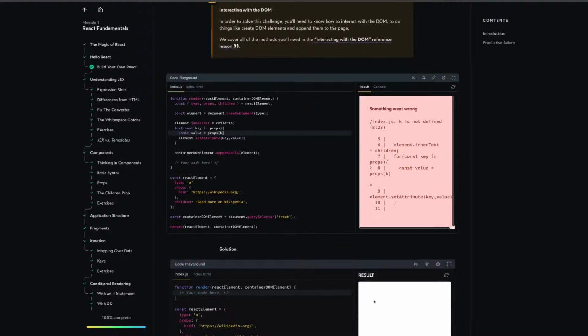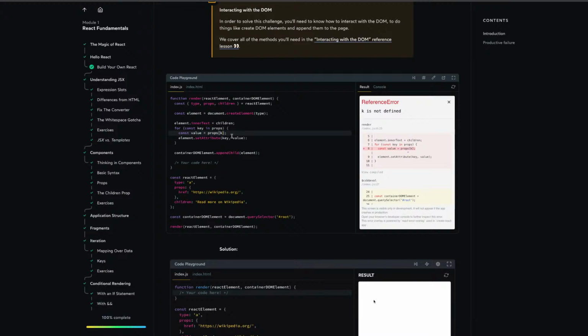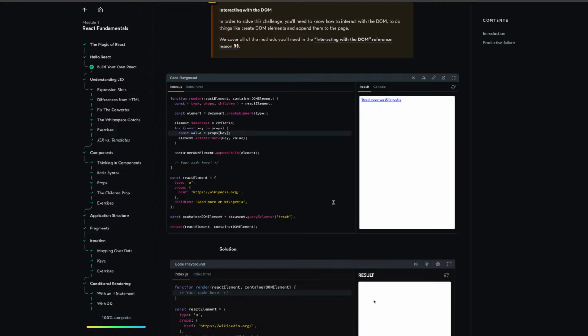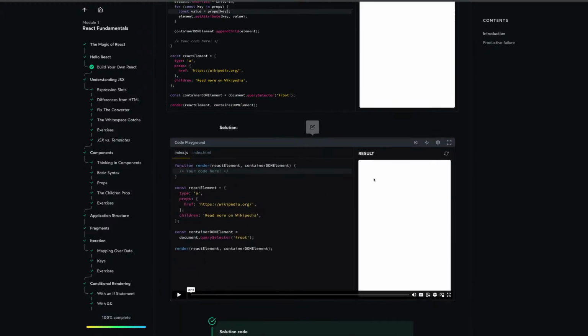Now this will work with any element, okay, it should be key. Clear this, okay, that looks good. Let's check the solution. Before that,